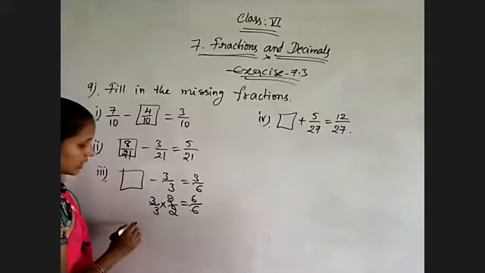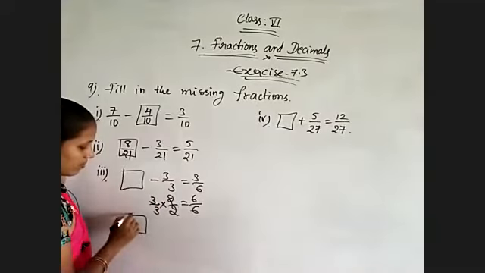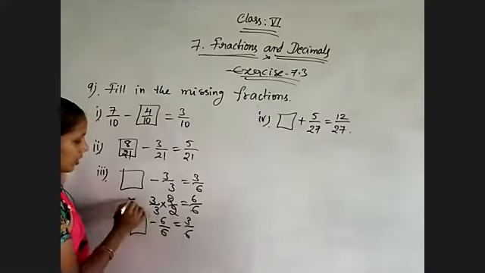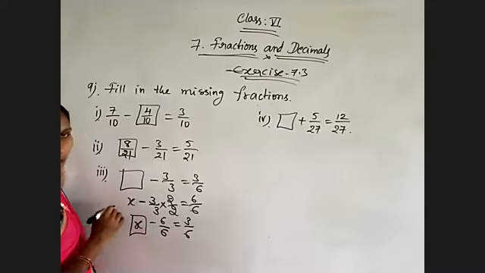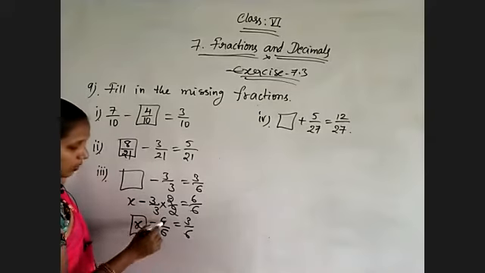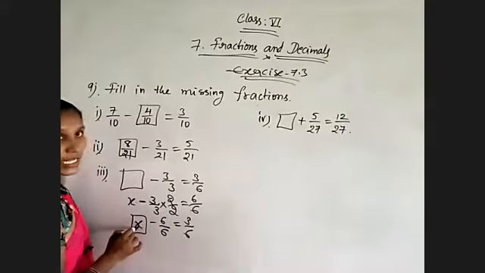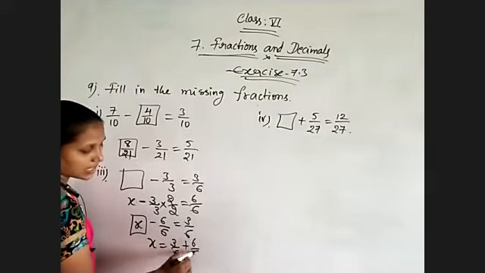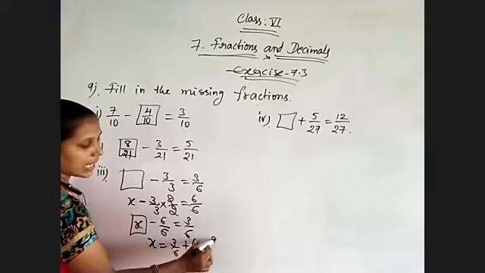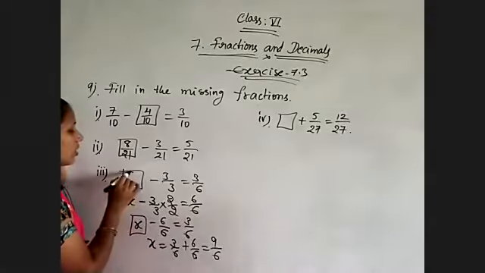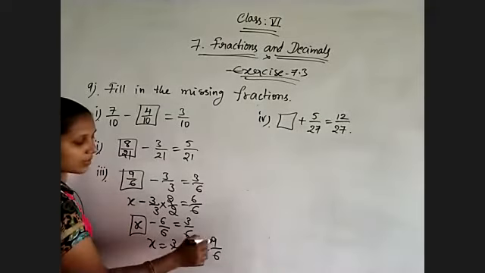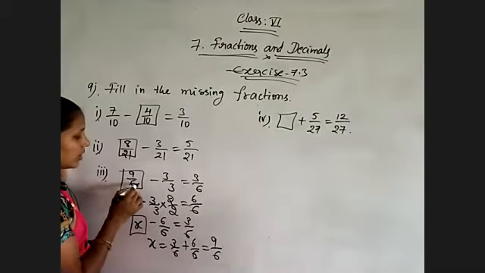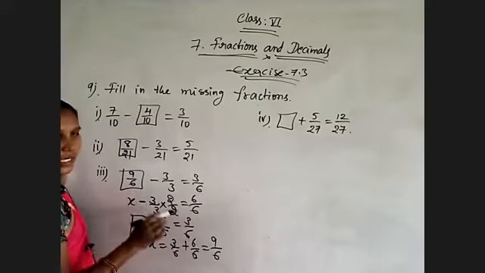Then what I am doing, just observe: minus, instead of 3 by 3 I am using 6 by 6, is equal to 3 by 6. So here I am writing x. Which is equal to, now bring this term to this side. We need to find the x value only. x will be equal to 3 by 6 plus 6 by 6, by bringing this side plus 6 by 6. That is nothing but 3 plus 6, 9, divided by the common denominator 6. So here you will get 9 by 6. The simplified form of 9 by 6 is 3 by 2: three 3s are 9, three 2s are 6. Either 3 by 2 if you are writing, no problem, otherwise 9 by 6 also, no problem.